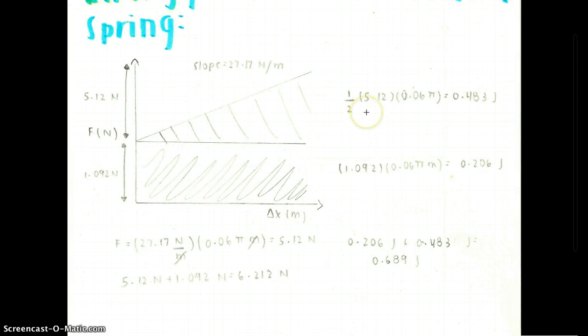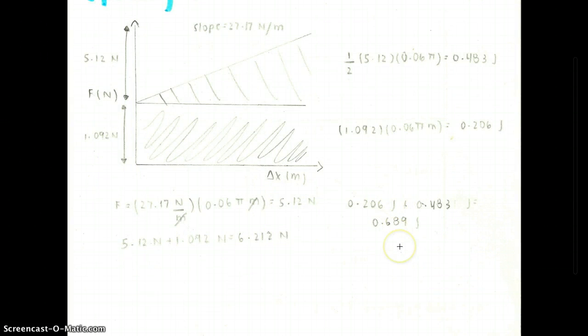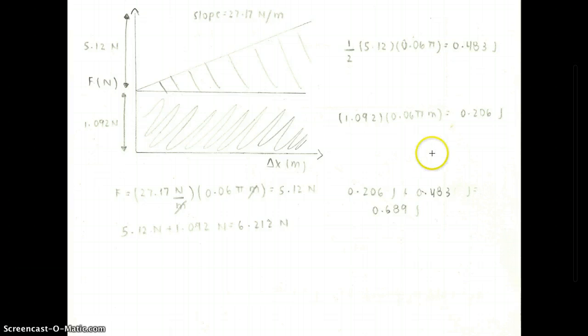Since the area of a triangle is 1/2 base times height, we did 1/2 times 5.12 times 0.06 pi, which equals 0.483. So to find the spring constant, we just added 0.206 plus 0.483 joules, which equals